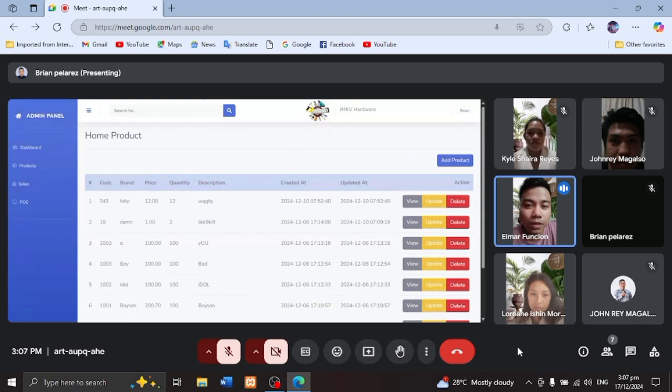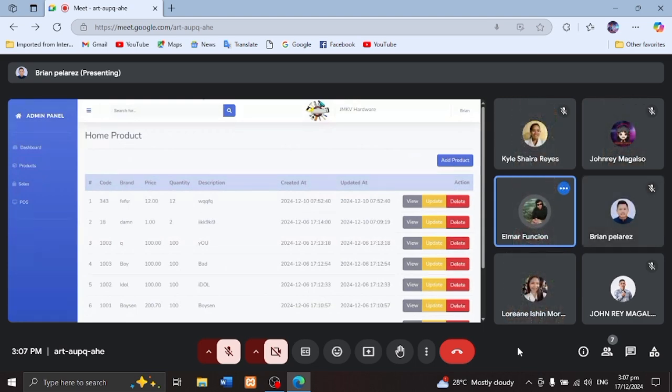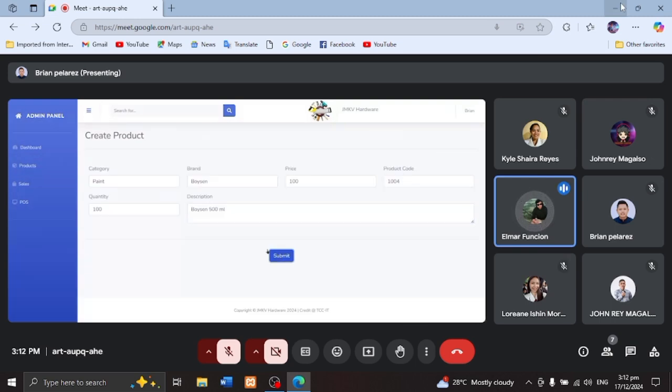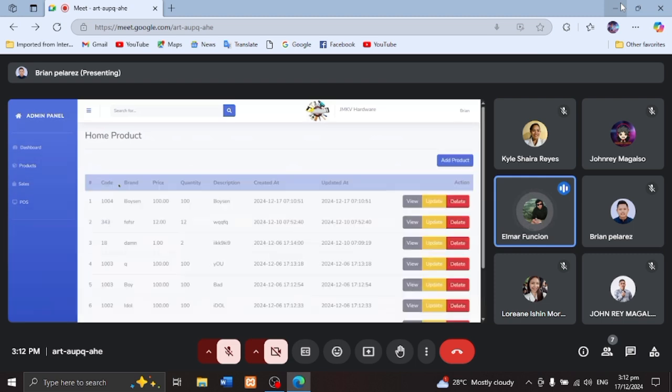We're going to perform the CRUD, which includes the delete. So let's try to delete some product. After typing those requirements, we save or submit it to see if the product is added to the list. Let's look for the product that we added.